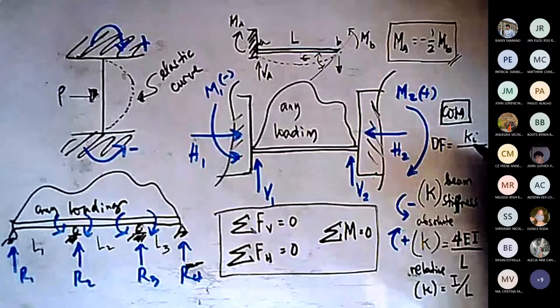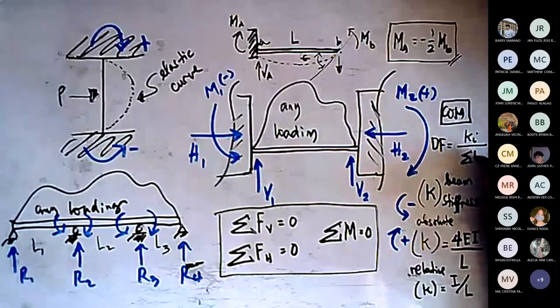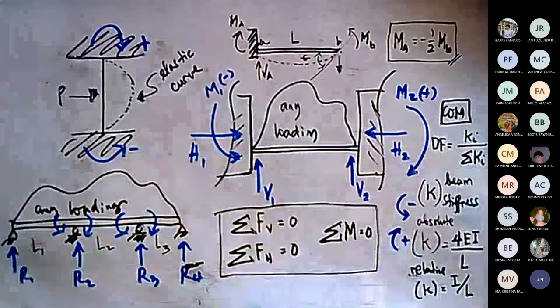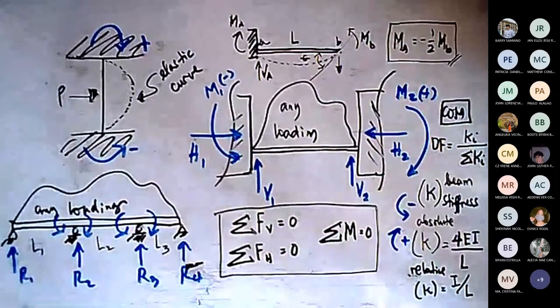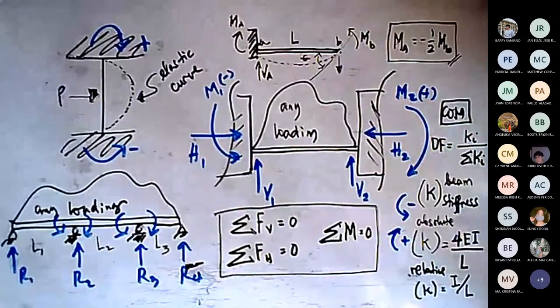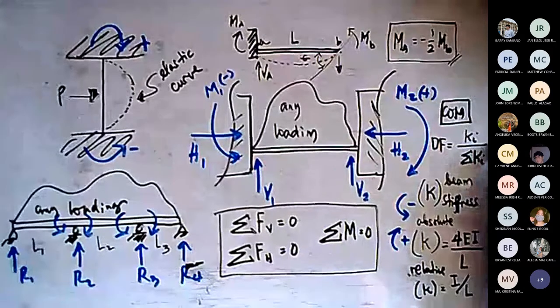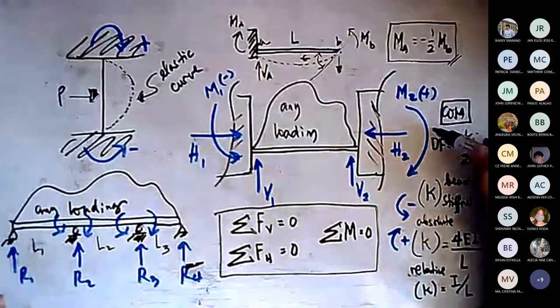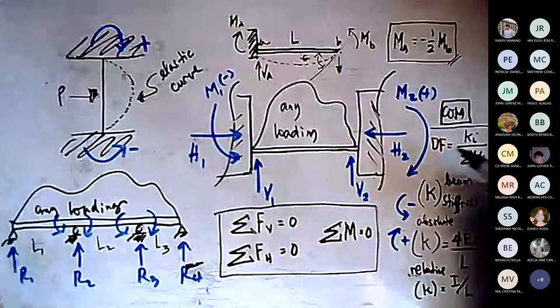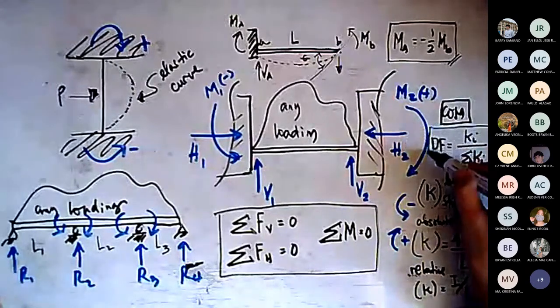The distribution factor is equals to K over summation of K, wherein K is the K of the member in question. So, ibig sabihin, yung beam stiffness of the member in question. So, if you would like to determine the distribution factor, that is simply equals to K over summation of K